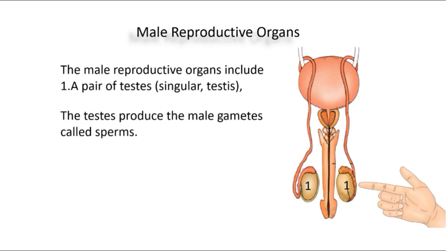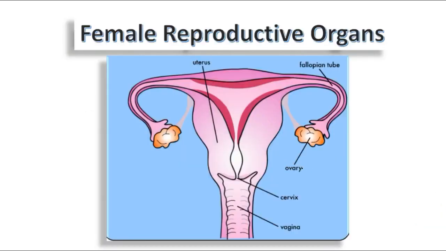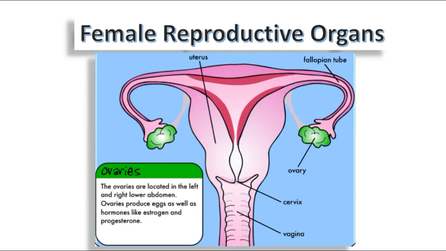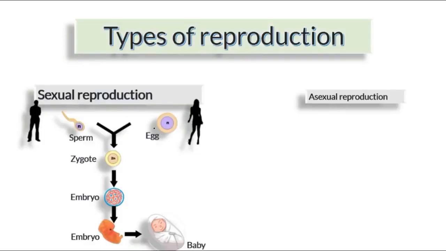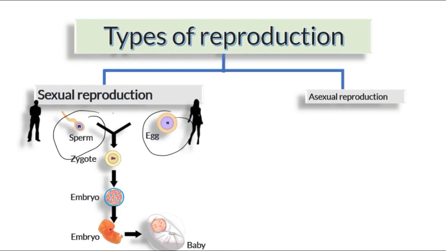As far as female reproductive organs are concerned, to start with, ovaries, right? So the green color portion here, ovaries are responsible for production of female gamete. And what is the female gamete called? Egg or ova. So that egg is developed here, and that egg will slowly move towards the fallopian tube. And why is egg required? Because sexual reproduction requires egg and sperm to be fused for the continuity of reproduction, and so ovaries are responsible for production of egg.